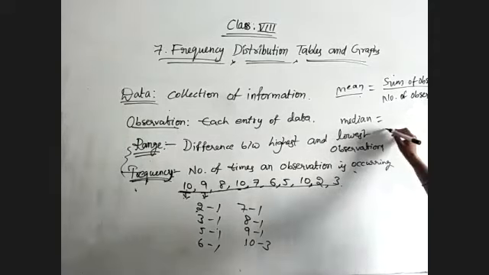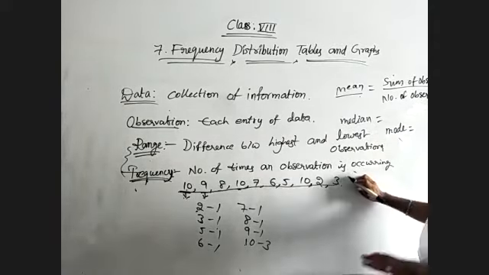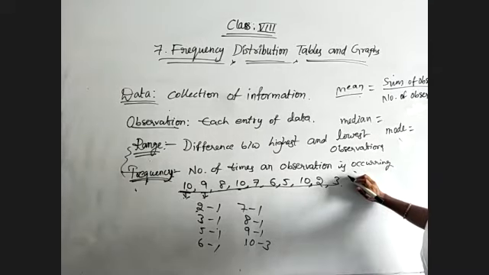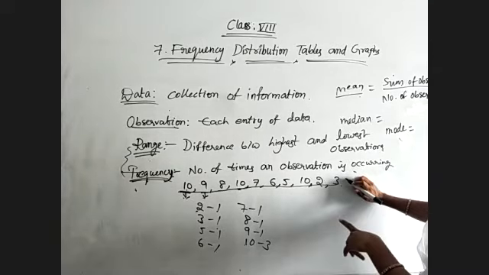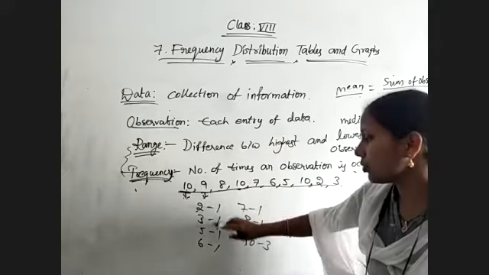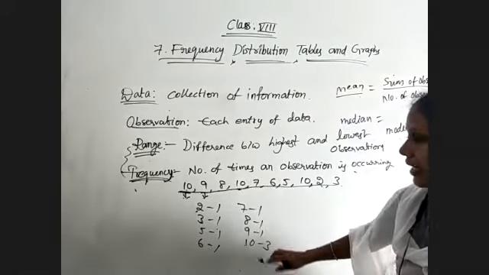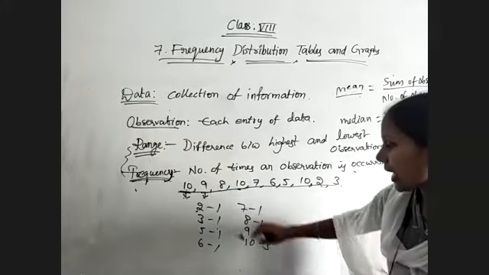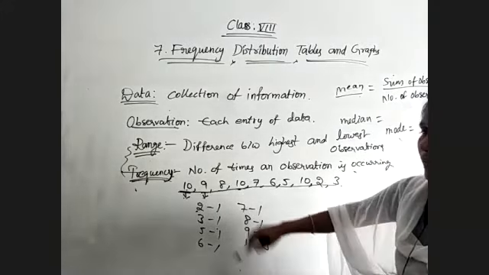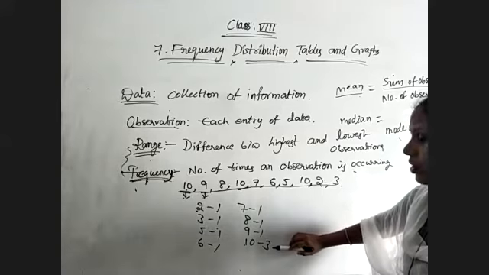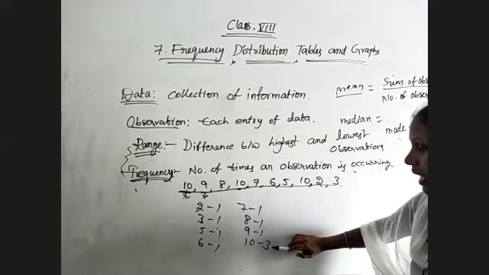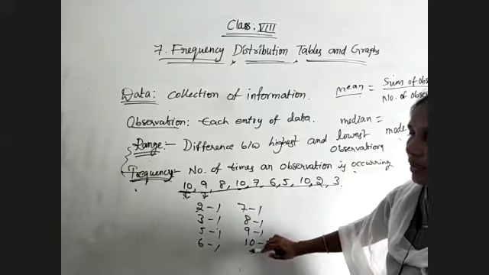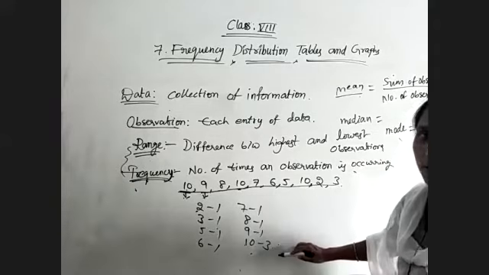And coming to the mode. Mode is nothing but which observation is occurring more frequently. So here observe 2, 3, 5, 6, 7, 8, 9, 10. All these are the observations of the given data. Except 10, every remaining observation is coming only once. Here the most frequently occurred observation is 10. So the mode of the data is equal to 10.